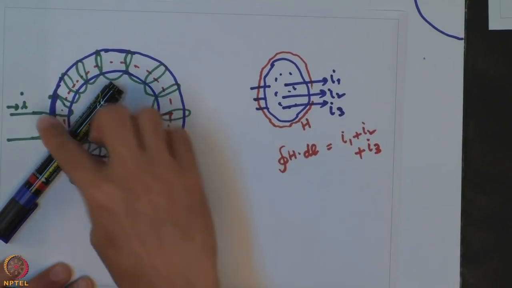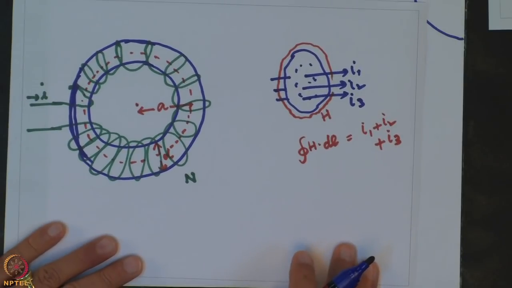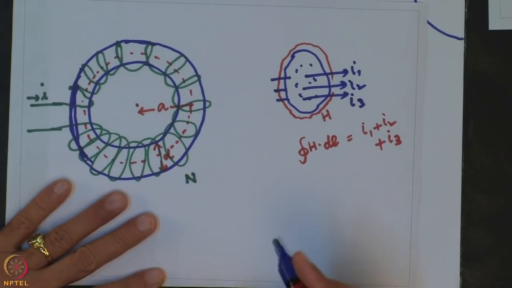Using this Ampere's circuital law and applying it to this toroid, this inductor that we have just defined, we can write